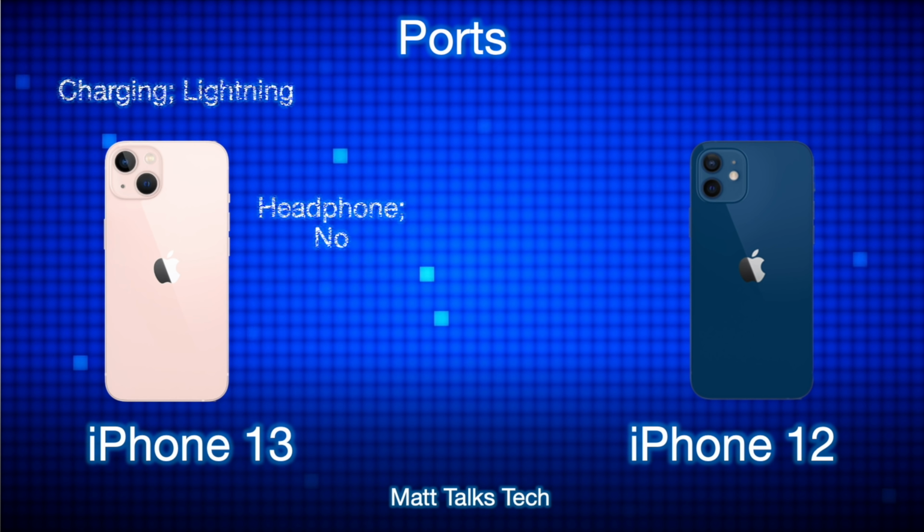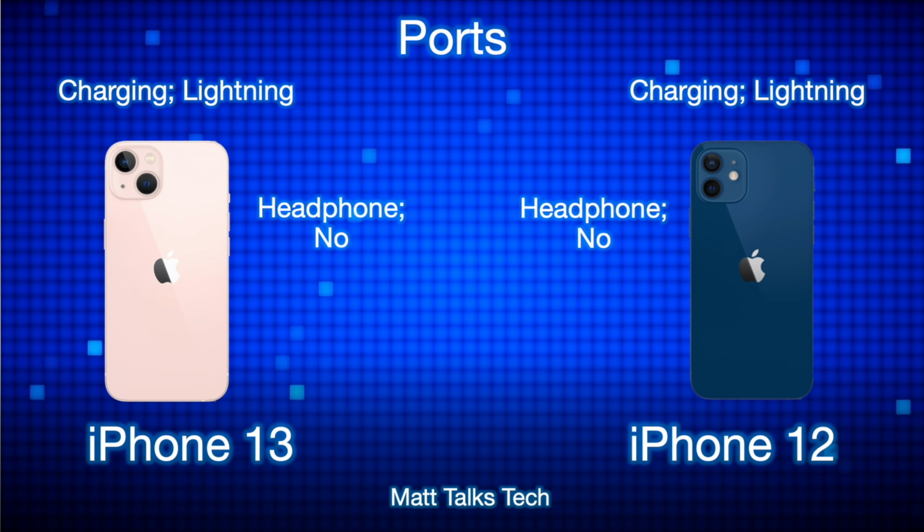So ports are next. So on both the iPhone 12 and the iPhone 13, they both support the Lightning connection, what's been around now for about 8 or 9 years. However, there is no headphone port on the actual iPhone 12 or the iPhone 13. So you would have to use something like Bluetooth headphones or AirPods or some other similar kind of accessory to